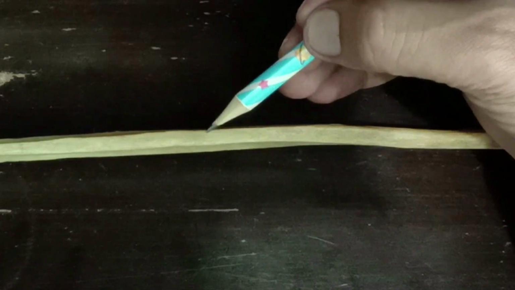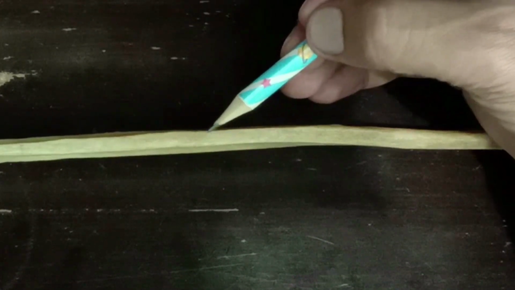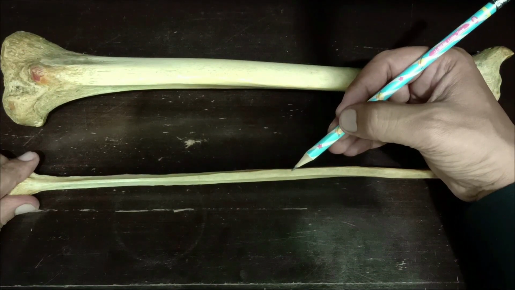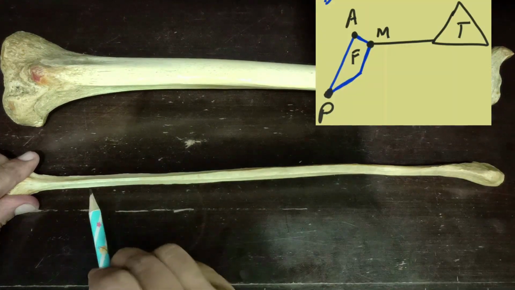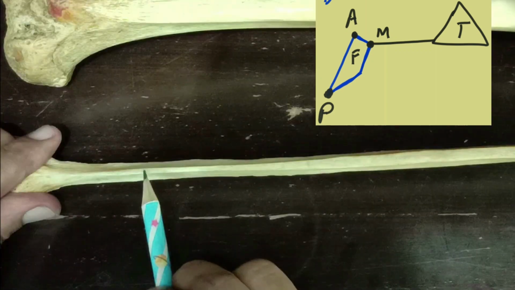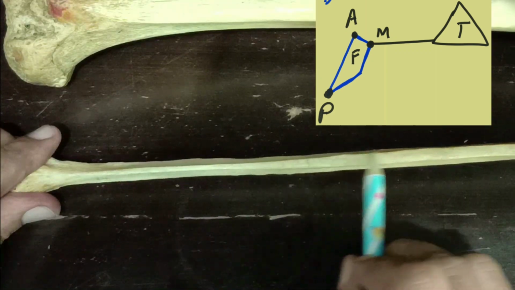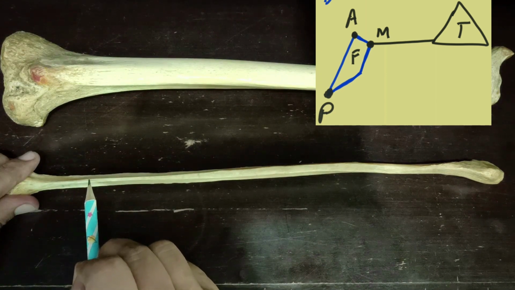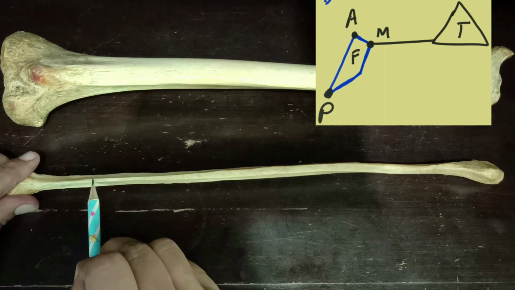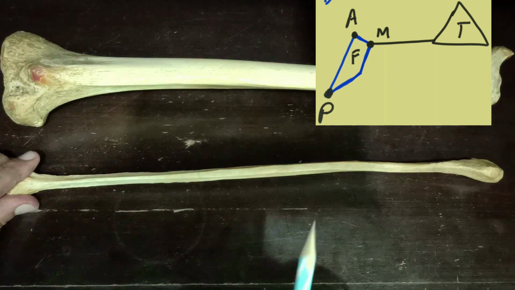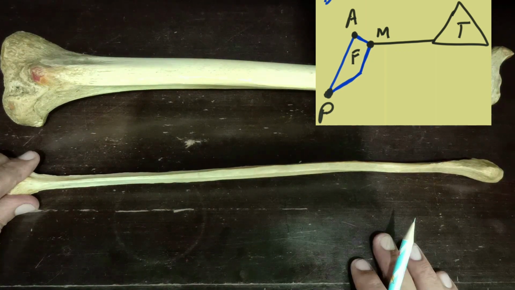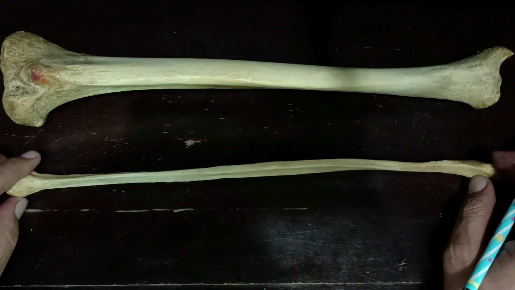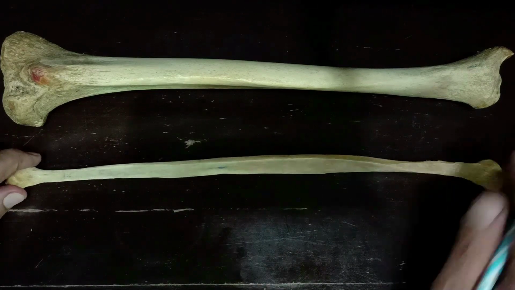In between the anterior and medial borders we have this medial surface, which is the thinnest surface of the fibula bone. The thickness of the bone is just a few millimeters at this area. Gradually the thickness will increase, but here at the upper end you can see that this is very thin. This medial border is the interosseous border of the fibula bone, which will give attachment to the interosseous membrane. Now I will show you the posterior border.